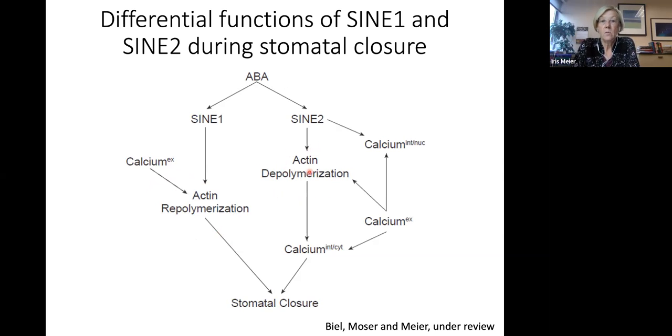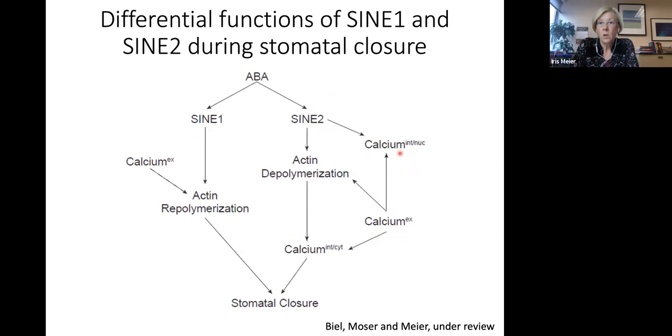And we have clearly seen through the LAT-B experiment that actin depolymerization is required for the internal calcium fluctuations, and SINE2 in turn is required for the internal calcium fluctuations, but SINE1 is not. Both the actin depolymerization and the internal calcium fluctuations can be triggered when we add external calcium. And SINE2 is also required in triggering internal nuclear calcium fluctuations, which can also be rescued in the mutant by external calcium, and how that part of the pathway fits in with anything else,